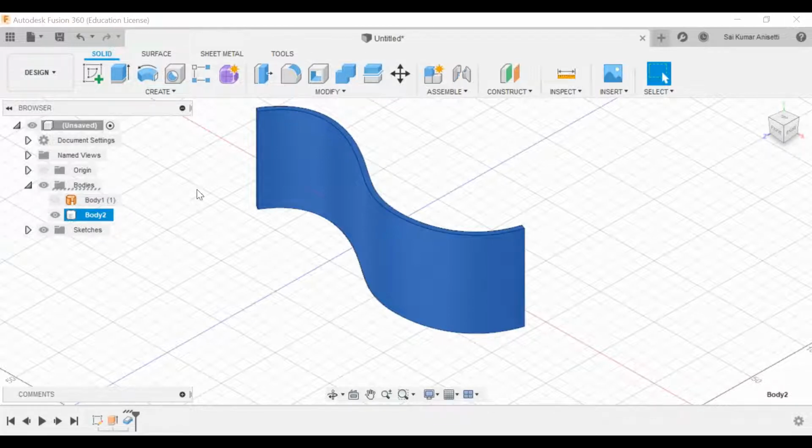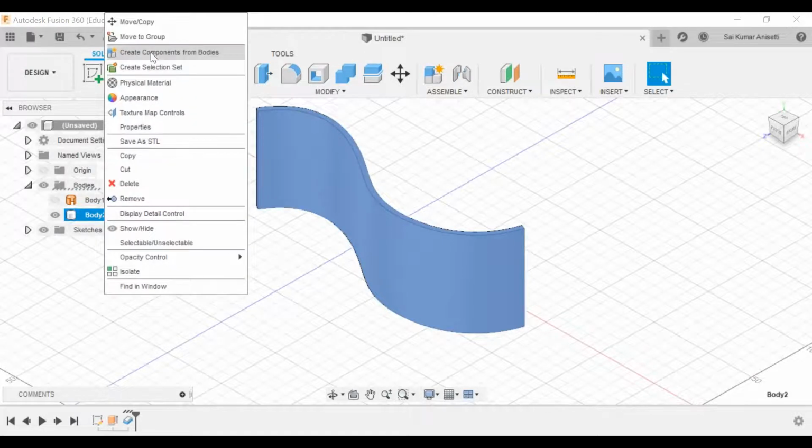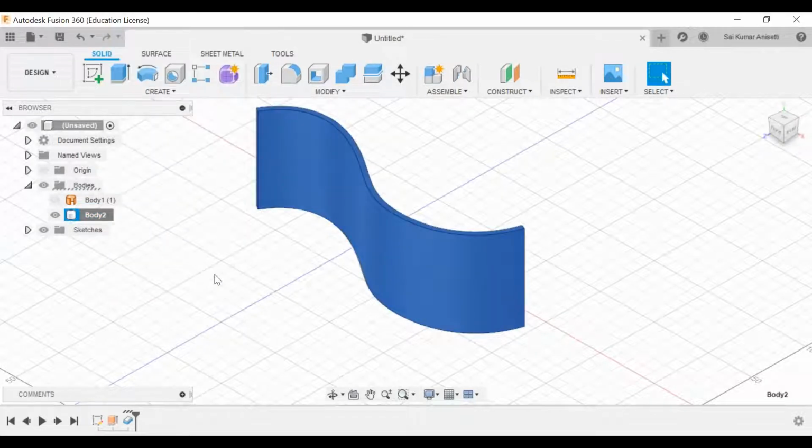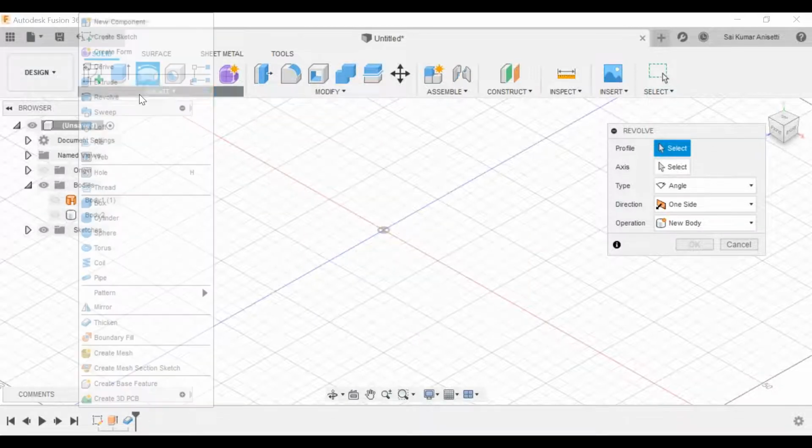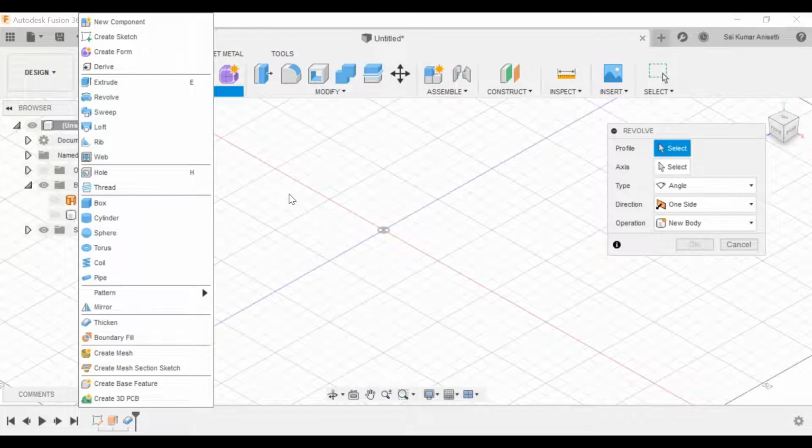Okay, in Fusion 360 component means it is a complete part. Once you finish your complete part, like extrusion, you do everything, then the final body, right click, go to create component. Then you will be finished with your complete solid body, solid element. Okay, fine. Now this is about using the thicken feature to create a single solid body. Let me hide this one. And the next option is boundary fill.